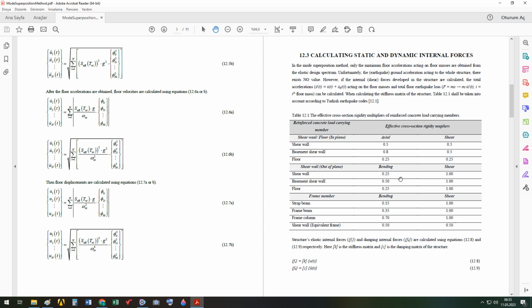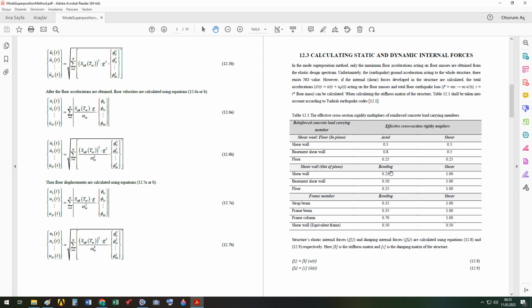Now, according to the Turkish code, structural members' rigidities, bending, axial or shear, shall be reduced by means of some coefficients. These are given here. This is for Turkish engineers. Of course, it is conservative not to reduce the